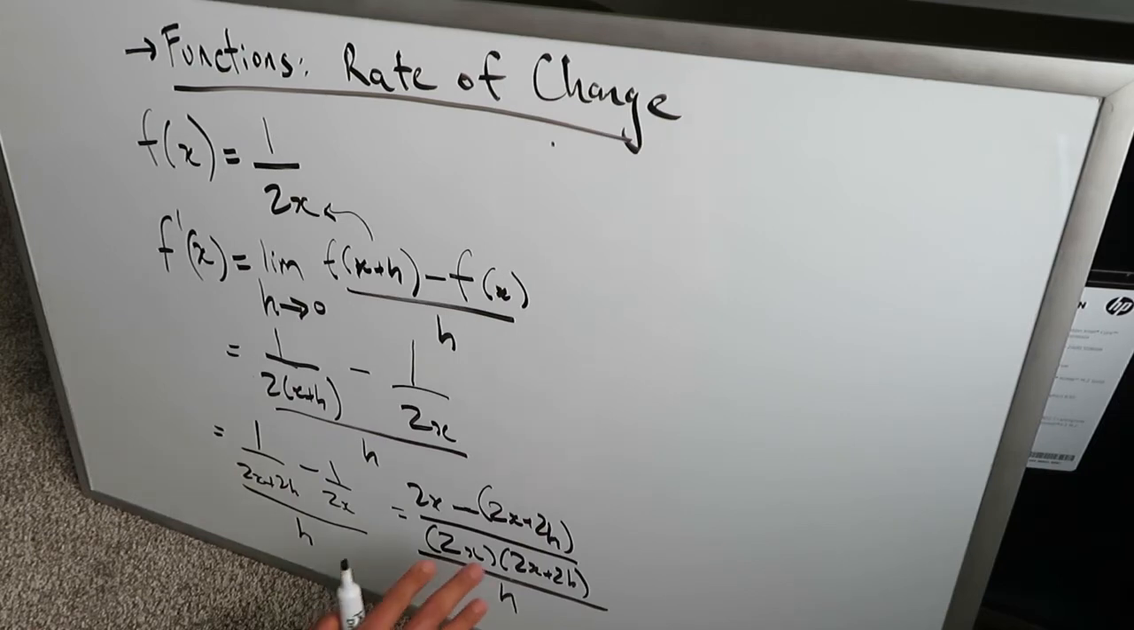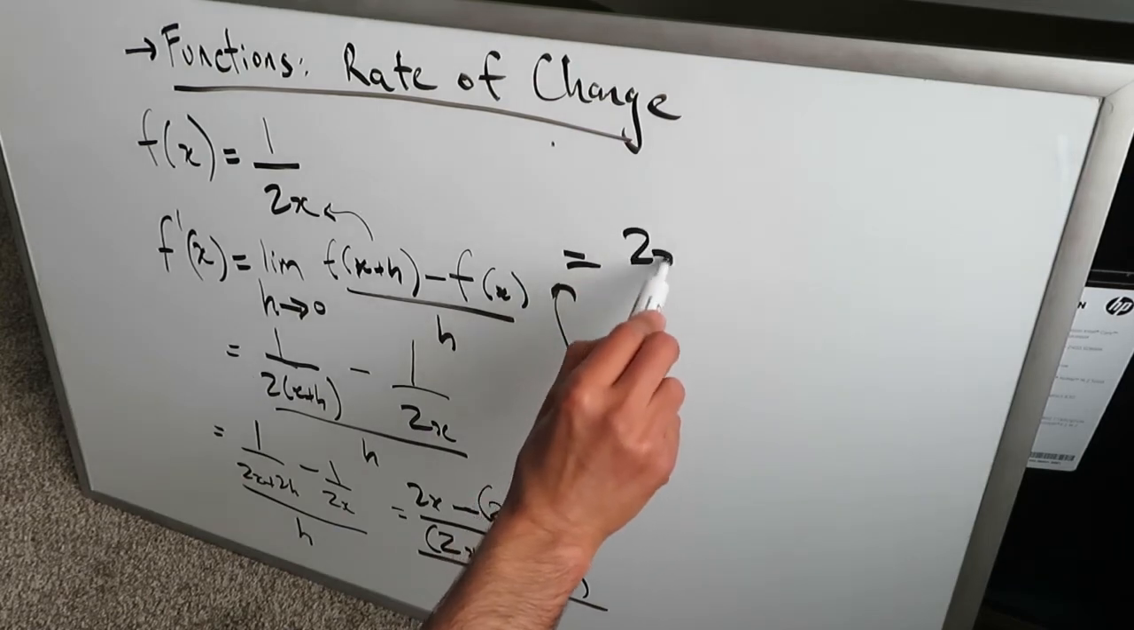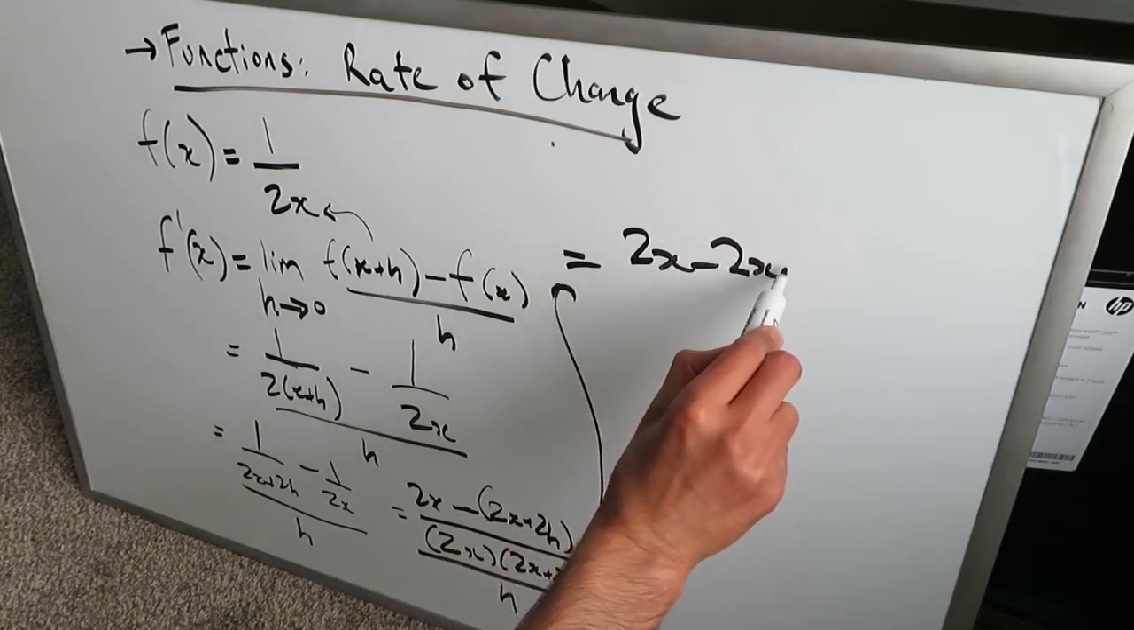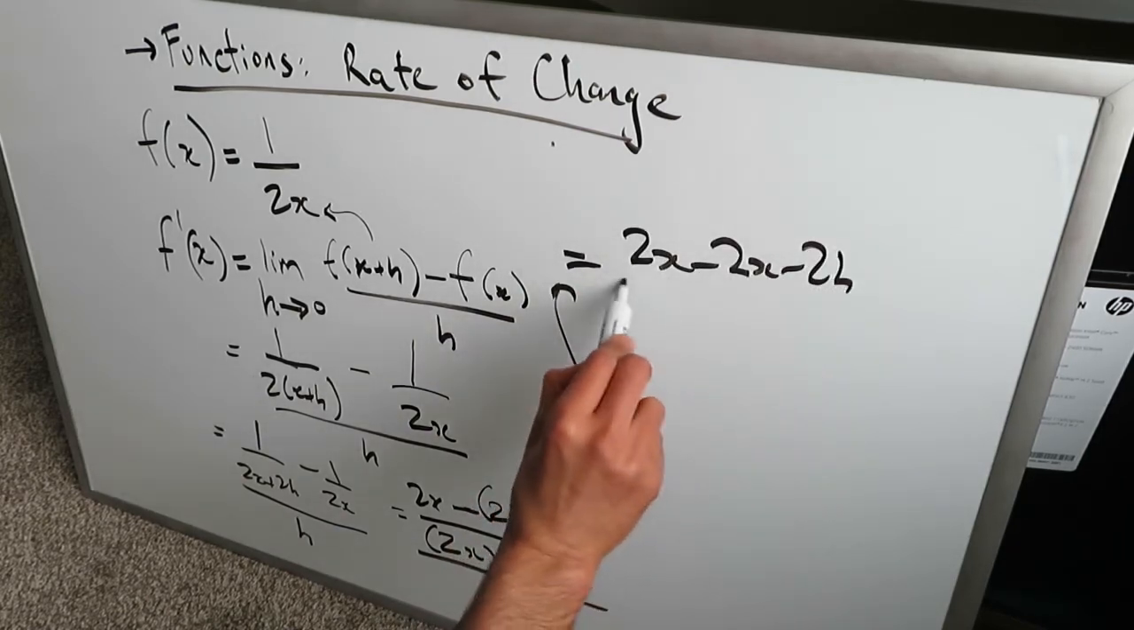Alright, now we have to actually solve all of this. We're gonna come up over here. We're gonna actually solve this right up over here. I'm gonna get a 2x minus 2h. Look what's happening. 2x, I'm opening up the parentheses, 2x minus 2h